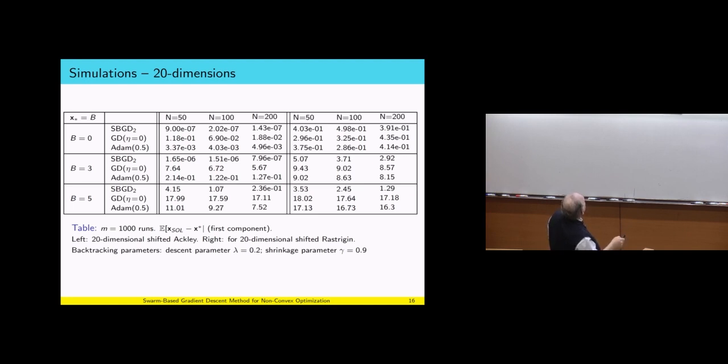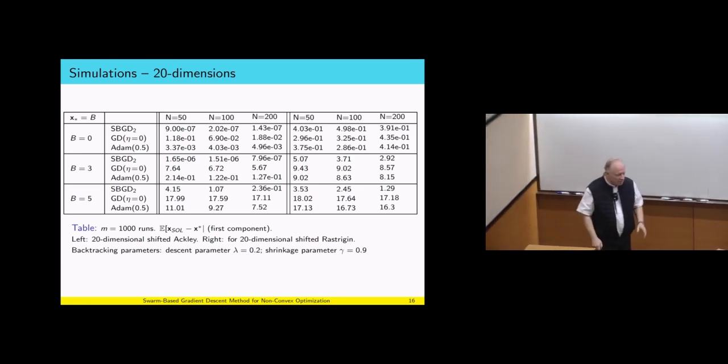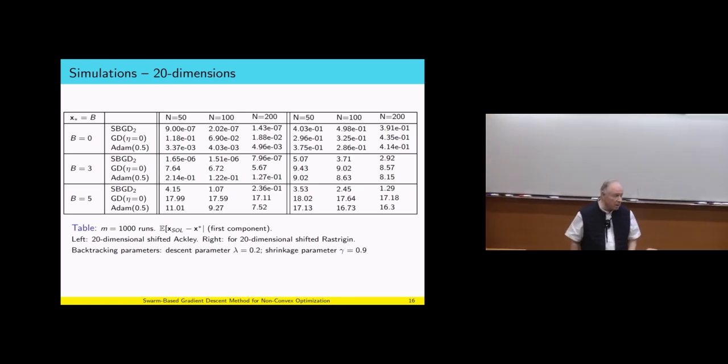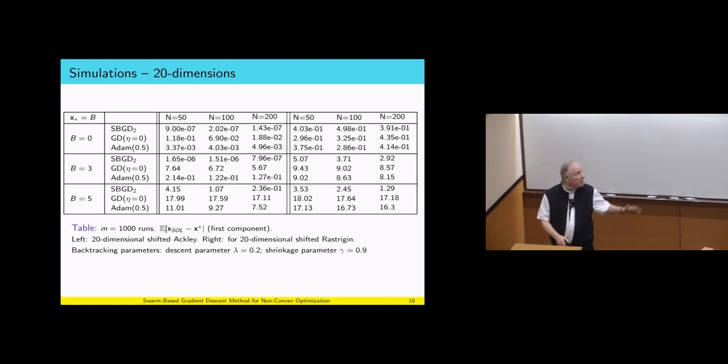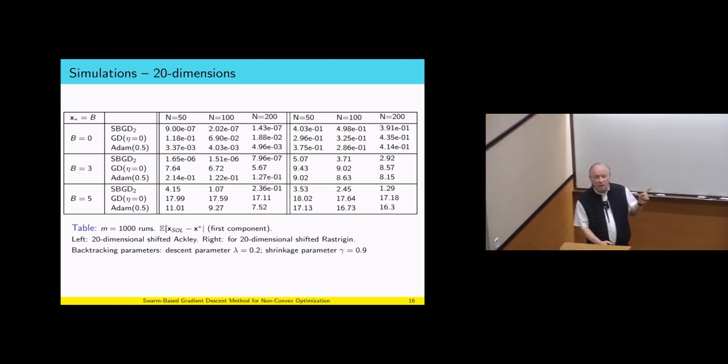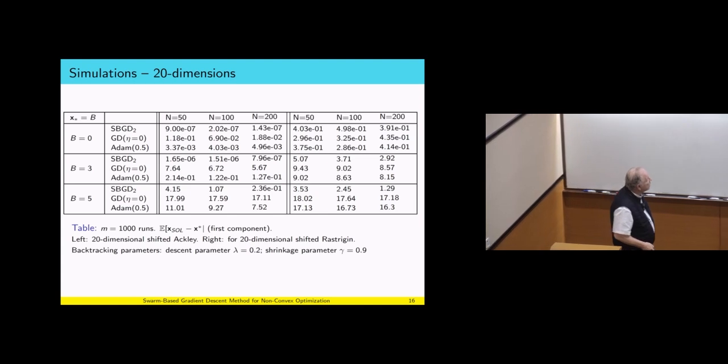What's going on here? I think, well, I did not record it. This is the 20-dimensional, right? 20-dimensional. Sorry, this is the Ackley function. This is the restriction function. That's right, I forgot. There are two functions that you didn't pay attention to. You will see in a second. The Ackley function is a little bit more user-friendly. But this restriction function, you can see that all our great effort was not that successful. It's very difficult to get into the global minimizer when you have a large shift. And you will see in a second why. So this is the 20-dimensional problem.